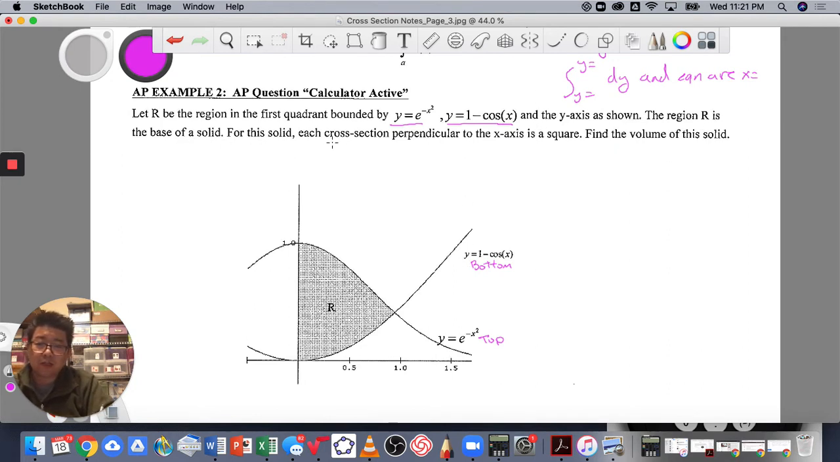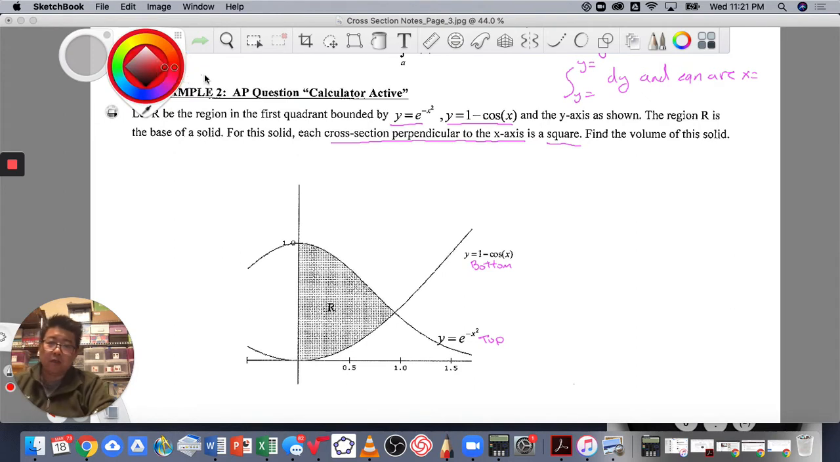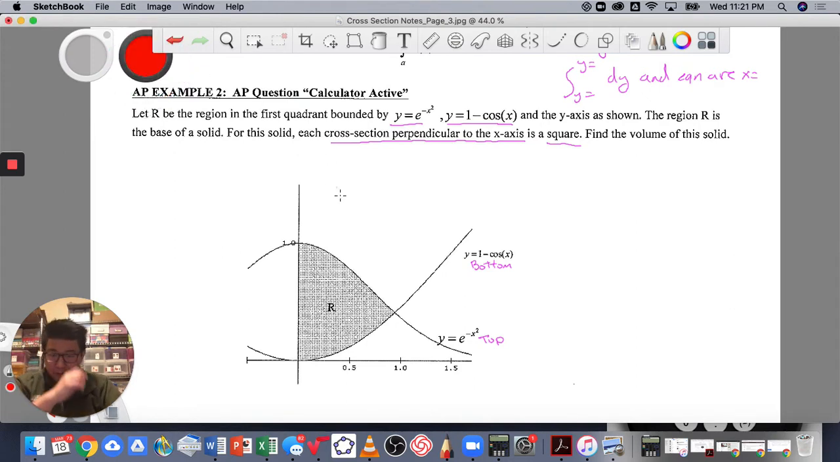For the solid, each cross-section perpendicular to the x-axis is a square. So the shapes that we are growing are squares, and the cross-section is going to be perpendicular to the x-axis. So I'm going to draw one slice right here. Usually on my paper, I draw one slice. I'll call it S. Okay, so this to this. S will be top